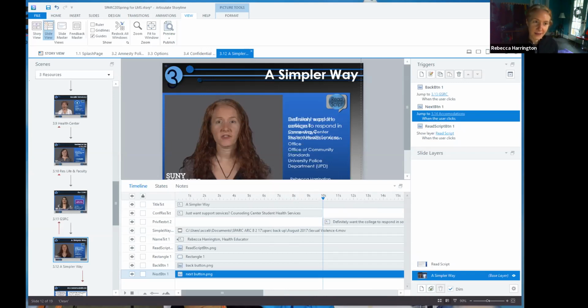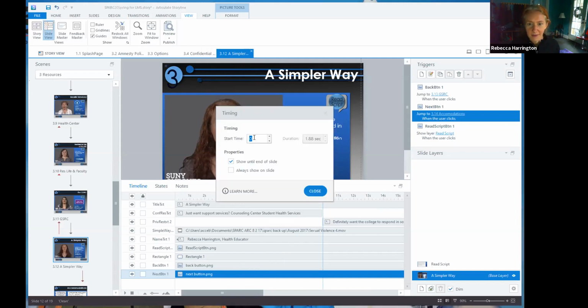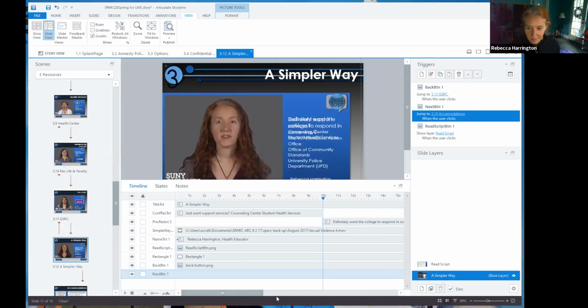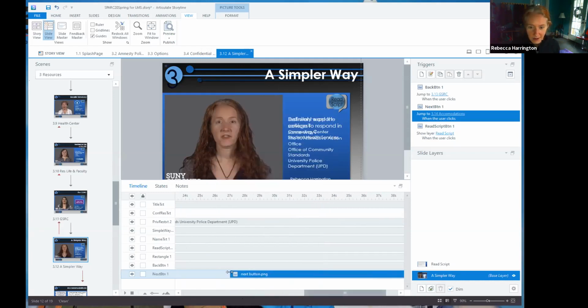So that way, when I need to preview and make sure everything's working, I can click through those in rapid succession. I'll tab order and make sure everything's right, and then I'm going to go right on to the next one. And then before I'm ready to publish, I'll go back through the step and make those next buttons really short again. And what I can do is I can go back to this. I right clicked it. I went back to that timing. The start time, I think, was maybe 27 seconds. But let's see, there it is. No, it wasn't. But I can also drag this so that it's roughly about that.